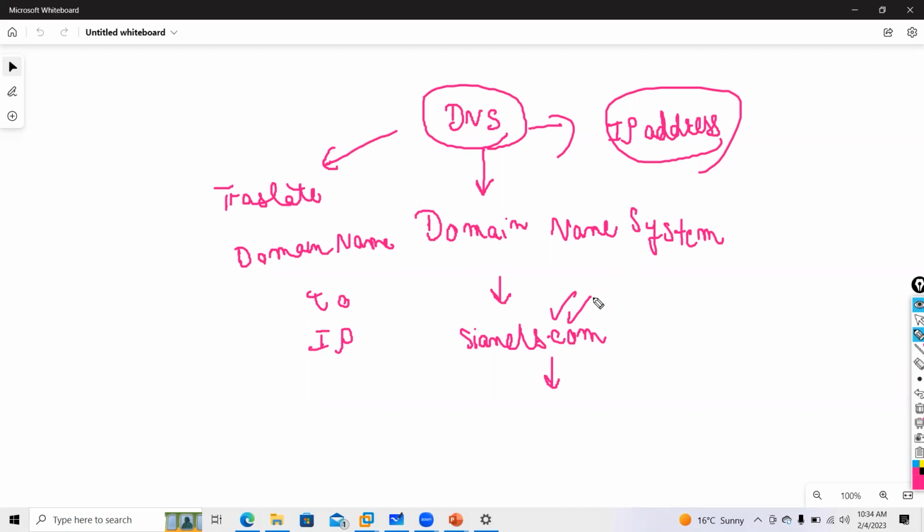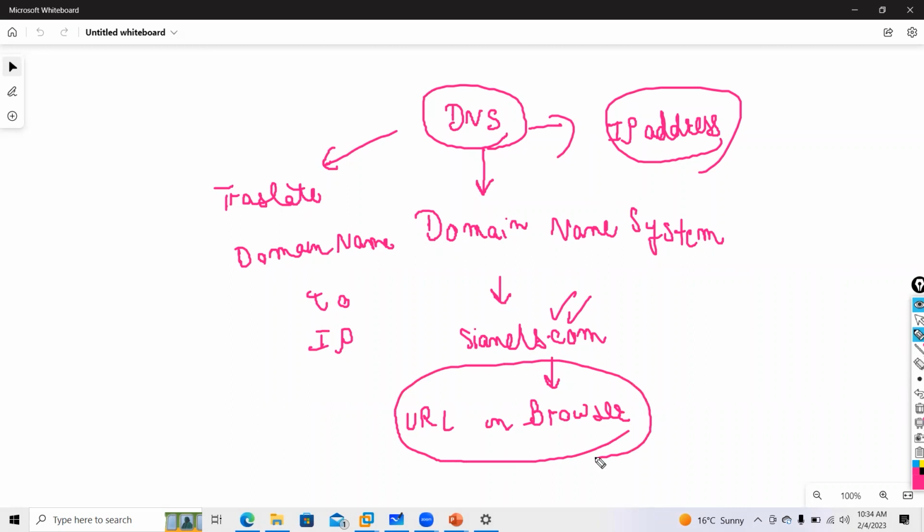We'll cover everything in details. When you type a URL in your browser, what happens? This topic will be asked in interview. When you type any URL in your browser, what happens first? This is an important interview question which will be asked in every interview.